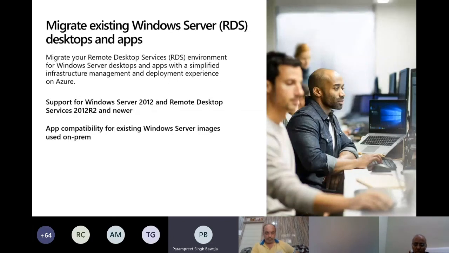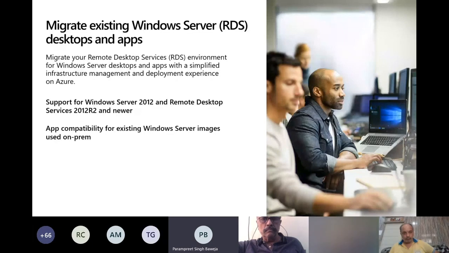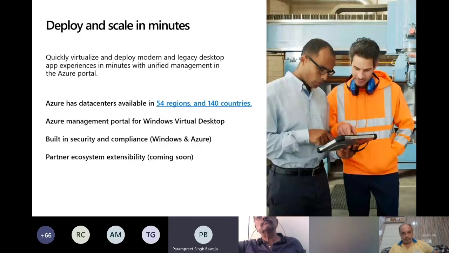You can choose an Azure region which is very close to that particular location and deploy the overall setup at that data center, and you are up and running in minutes at a region which is very close to where you want it to be hosted, and hence it provides you the best possible and the minimum possible latency also.